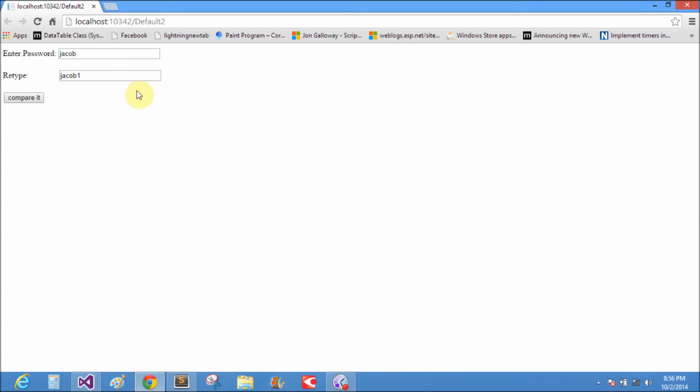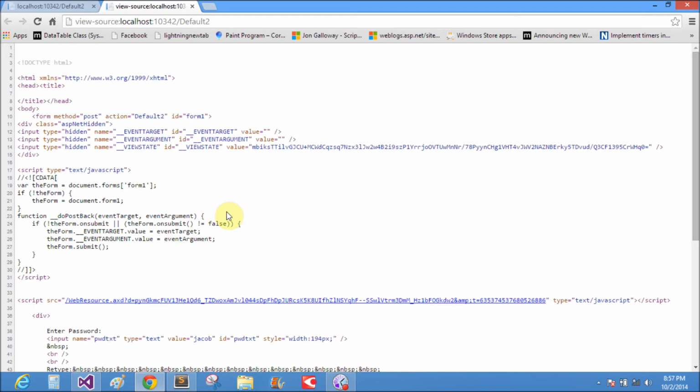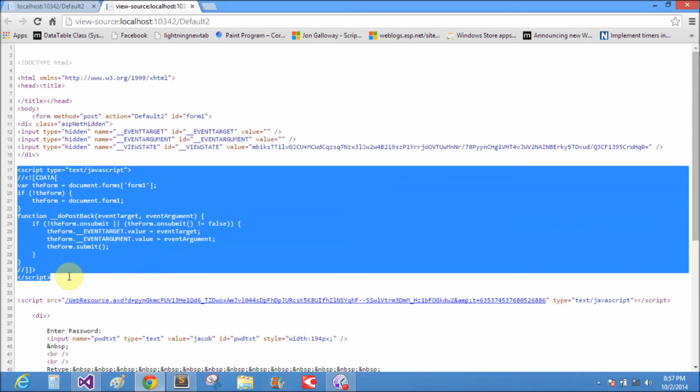So when we click on compare it, then the JavaScript works. If you want to enable client script, that is, view the page source, a script of JavaScript is running.